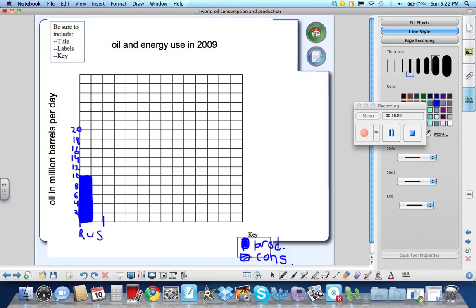Now, for my consumption, it says 2.7. So I'm going to go at about 2.7, which is pretty close to a 3, which is about here. And remember, with this one, I'm going to just make lines like that. Okay, so now we notice that for Russia, the production was pretty close to 10, 9.9, and the consumption of oil was 2.7. Now we're going to do the same thing for the other countries. Just remember, because these are bar graphs, we skip space between each